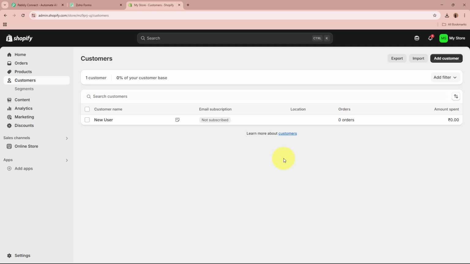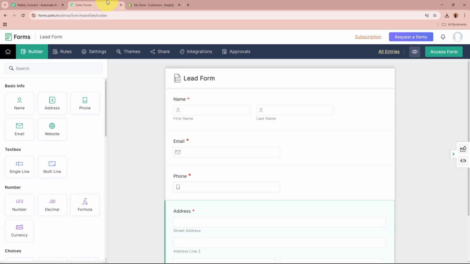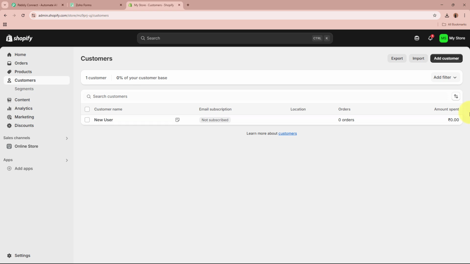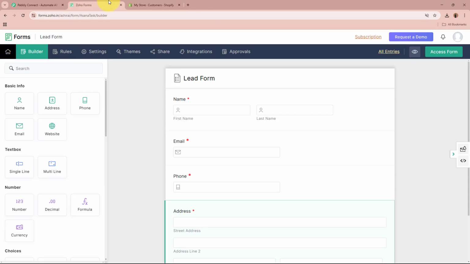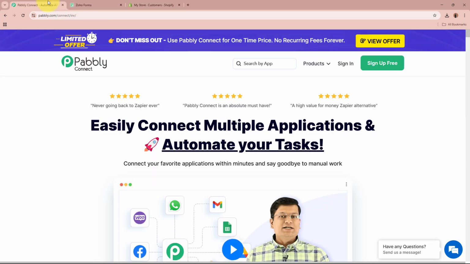By automating the process of creating Shopify customers from Zoho Forms submission, I ensure that every lead is instantly added to my store customers database. This automation eliminates the manual data entry, allowing me to nurture leads efficiently, set targeted promotions, and convert them into loyal customers seamlessly. And I am going to create this amazing automation between Zoho Forms and Shopify with the help